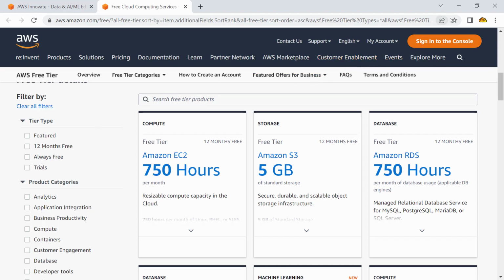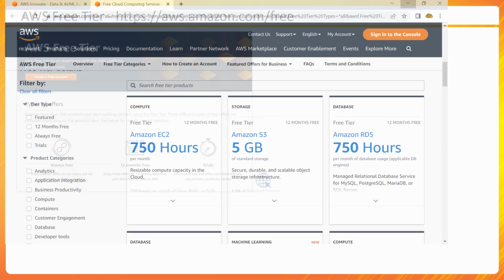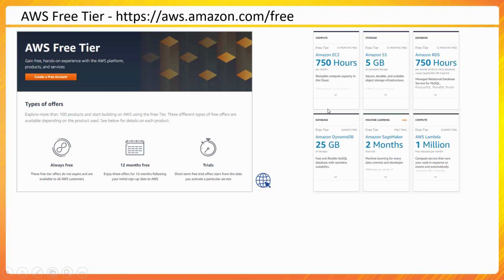And there are ways where you can identify if you are going over budget. So the free tier is available for you to get started. You could use it, and you can use one service called AWS Budgets, and you can set up a budget of whatever amount you like. Maybe you can set up a budget of $5. If your estimation is going beyond $5, it can trigger an email, and obviously you have to take action and then remove or shut down those resources which may be accumulating money.